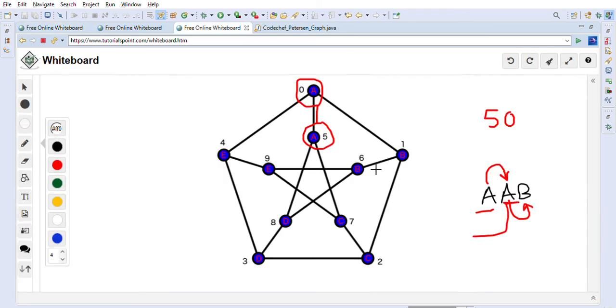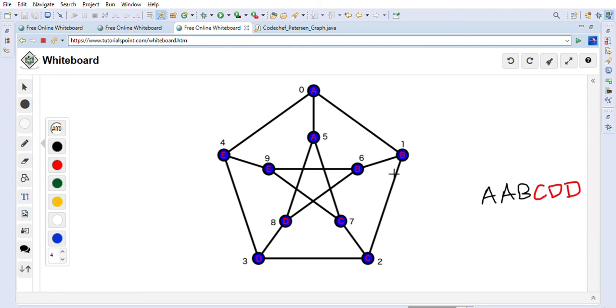So let's take some more examples so you will understand more. The other example we already took is AABCDD, right? So this is another example we will try. As you can see, if we start with this A, we'll go here.